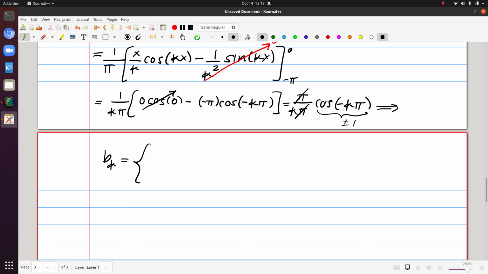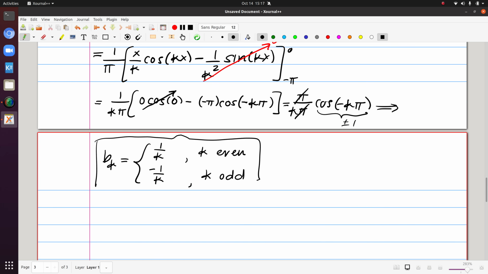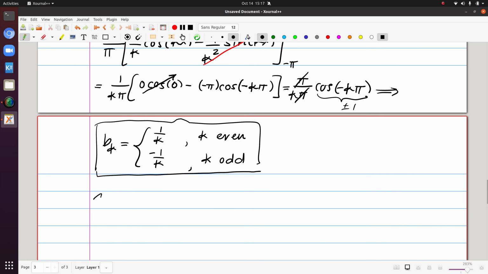When k is even, cosine of minus k pi is positive 1, so this coefficient would be positive 1 over k. And when k is odd, cosine of minus k pi is negative 1. This coefficient would be negative 1 over k. So here I found all of my coefficients, and I just want to put them back into the formula. So the Fourier series here